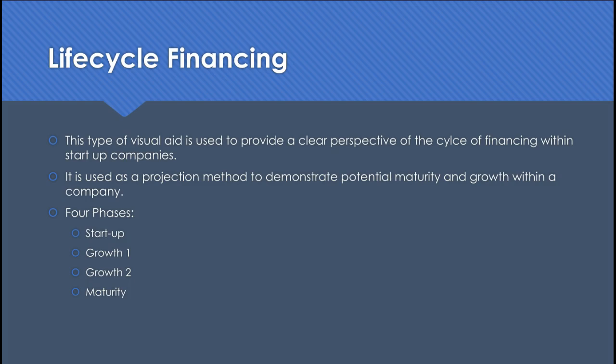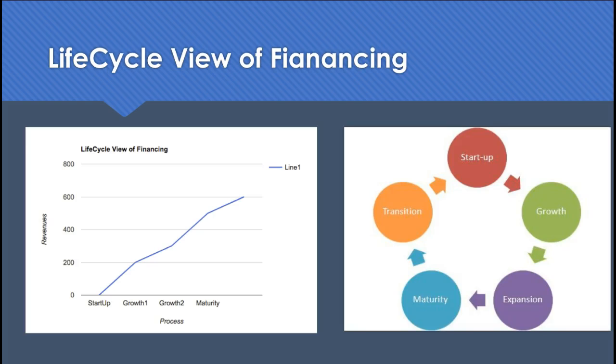We'll get into this in further chapters within the course, but the point of it is to look at the life cycle growth of a company and, as a PR practitioner, determine where you see yourself fit within their communicative needs. A startup company is obviously going to have different branding and communication needs than one that's in Growth 1 or Growth 2 or in maturity and saturation. So you'll see where that may fit in.